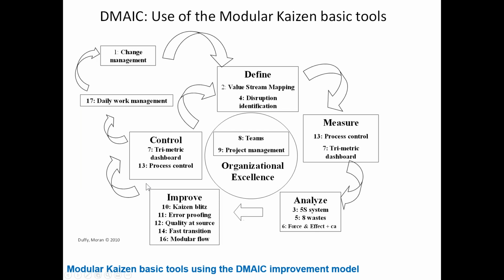Not only was I happy about doing this with PDCA, I also put the same concept together in a slightly different format for the DMAIC process in organizational excellence. Here is the overall organizational design for DMAIC that comes out. I think the Harrington organization. Certainly the change management is the way into DMAIC. Again, value stream mapping, disruption identification. I use teams and project management here in the overall organizational excellence form or location, and then process control, metric dashboard, analyze, figuring out where your issues really are, the improvement tools, and then back into those control and monitoring tools in what happens here.